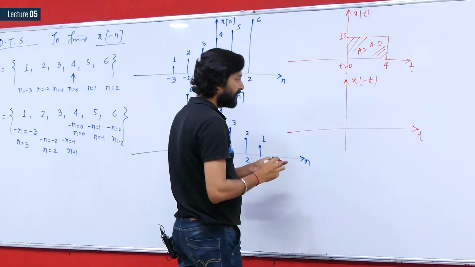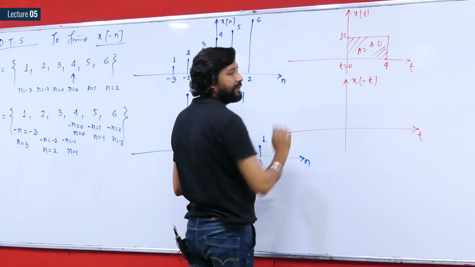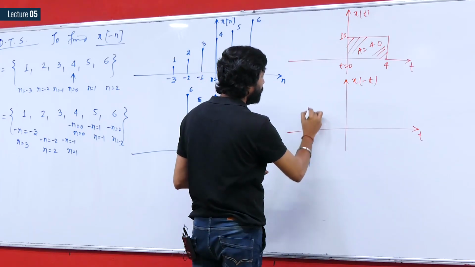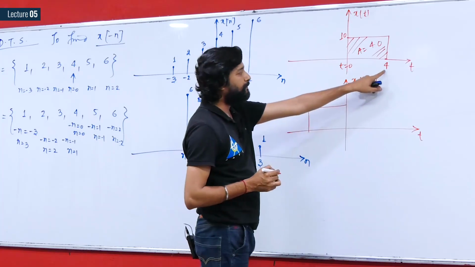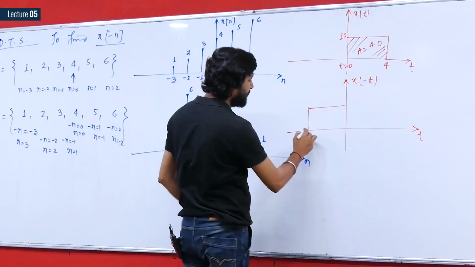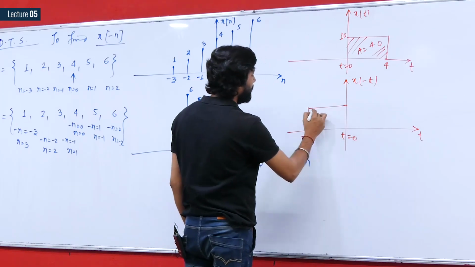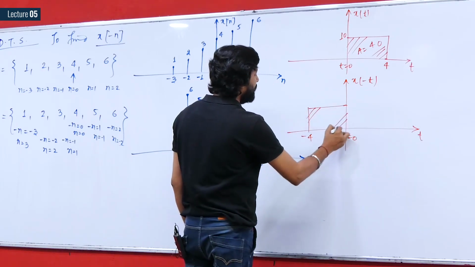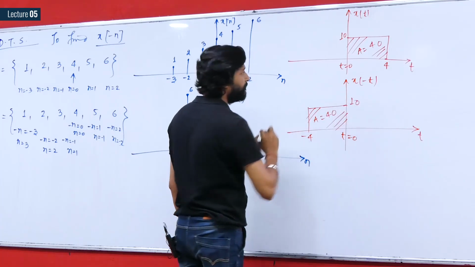What you have to do is, since it exists in the first quadrant, these values will come to the second quadrant and the values will be replaced: 0 by minus 1, that is 0 only, and 4 by minus 1, that will be minus 4. Therefore this signal exists from minus 4 to 0. Again you can see the width as well as the value is maintained, therefore the area is maintained. The area is again going to be 40.